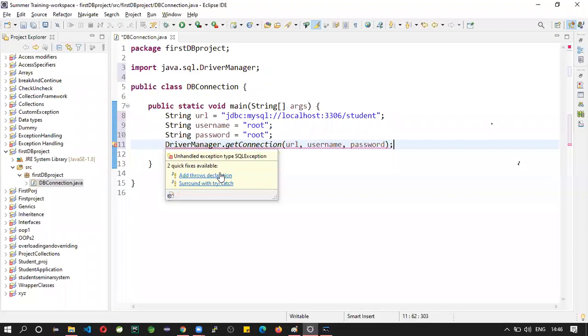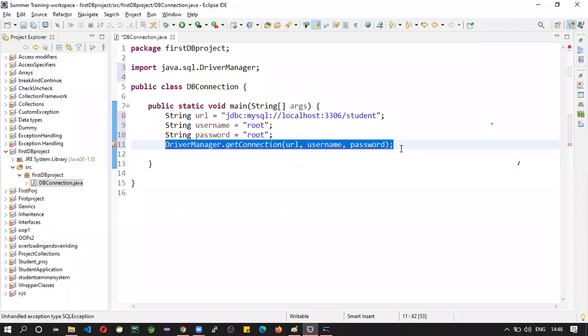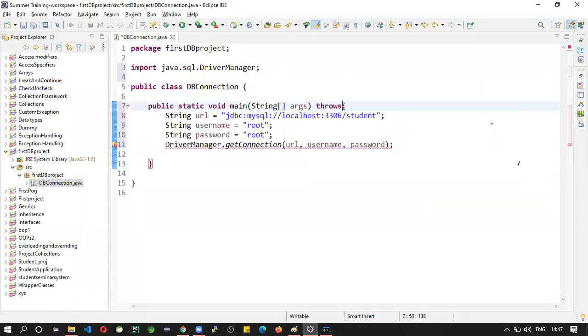I hope you understand why we are getting this error. There is a chance this statement may create an exception. So in order to get rid of this exception, either handle it with a try catch block or else simply use throws here.